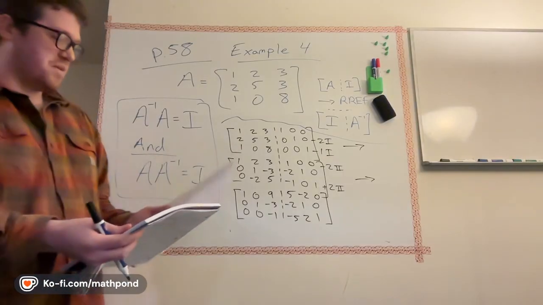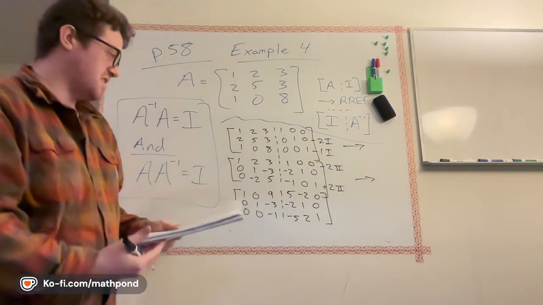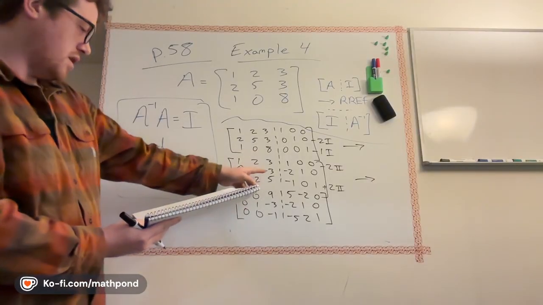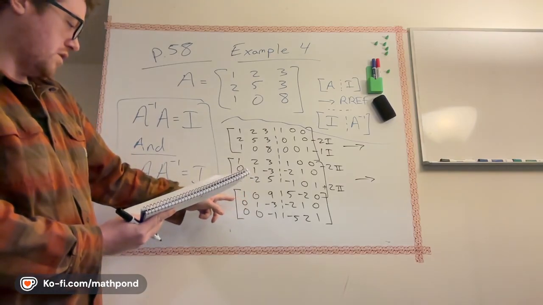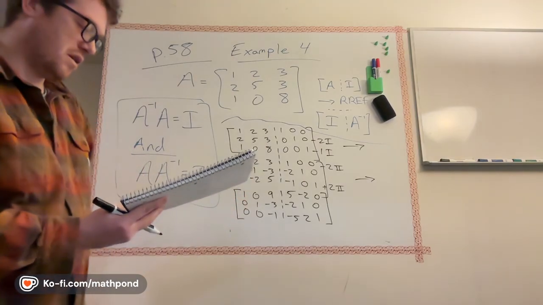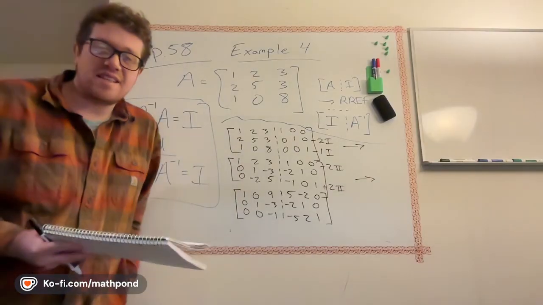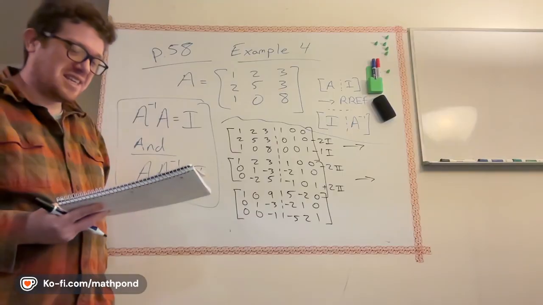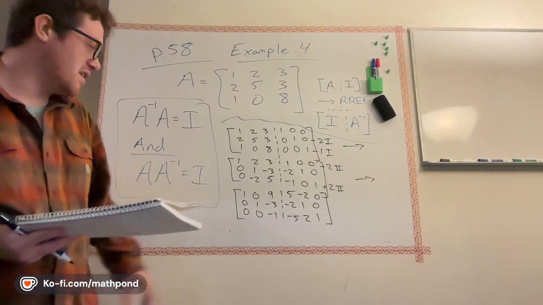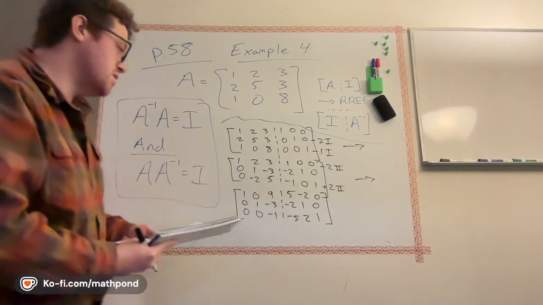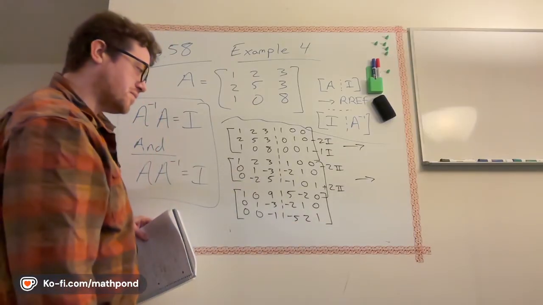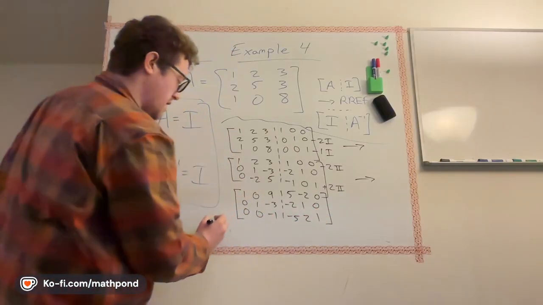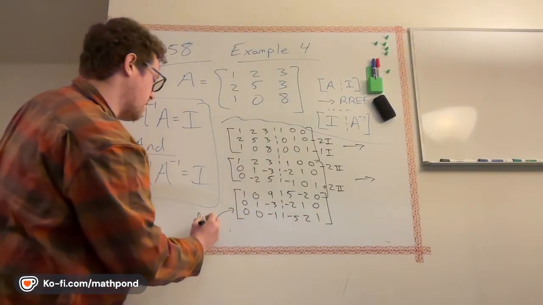Let's make sure this matches with my notes, make sure I didn't make any mistakes so far. So top is 1, 2, 3, 1, negative 3. Right. Oh, I did it in a different order. Okay, well, we'll see if I get the same answer as the book, because I think I did it in a different order. But that's fine. So now I'm going to divide the last one by negative 1. So let me just flip all the signs here. So we divided by negative 1 here. I'll just write that in so we don't forget.